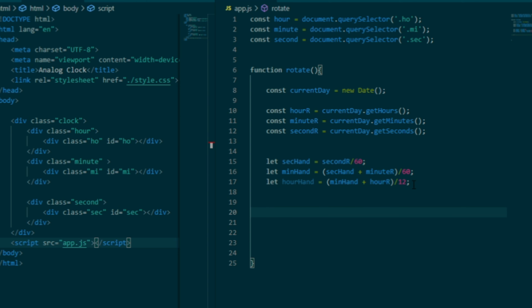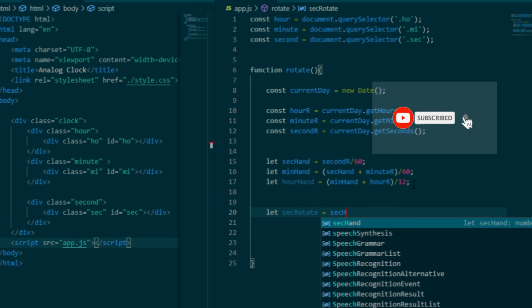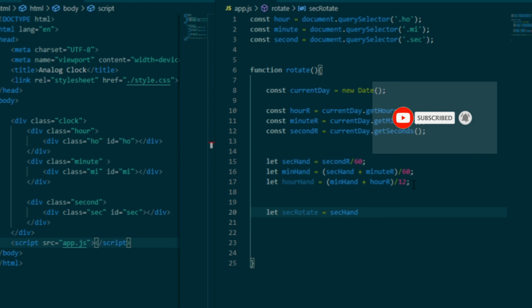Now how many degrees we want to rotate. Okay, so let sec rotate is equal to sec hand into 360, because our clock is a circle.